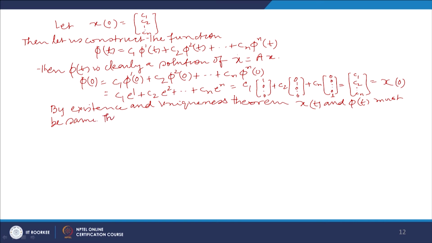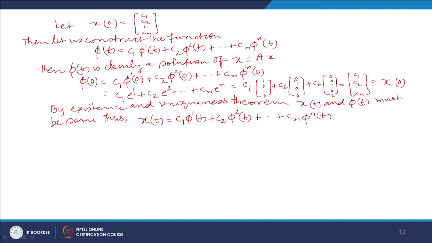And thus, replacing x(t) by phi(t), x(t) is equal to C1 phi 1(t) plus C2 phi 2(t) and so on, Cn phi n(t). So, the n functions phi 1(t), phi 2(t) and so on phi n(t) generate the whole space B, that is, a linear combination of those n functions gives us any vector x(t)